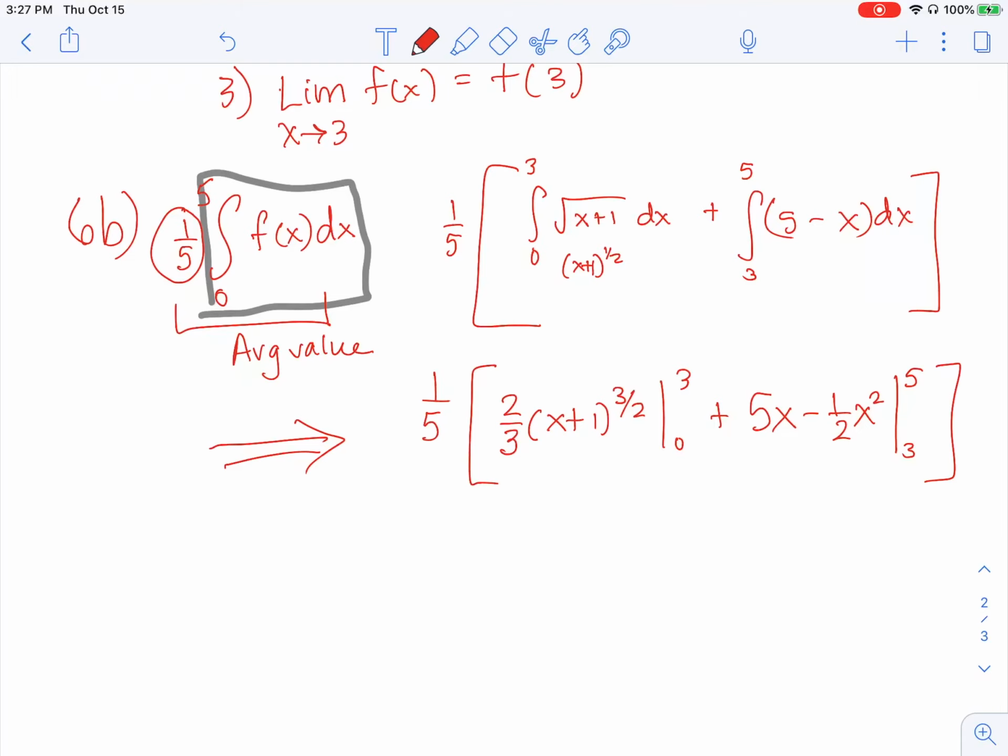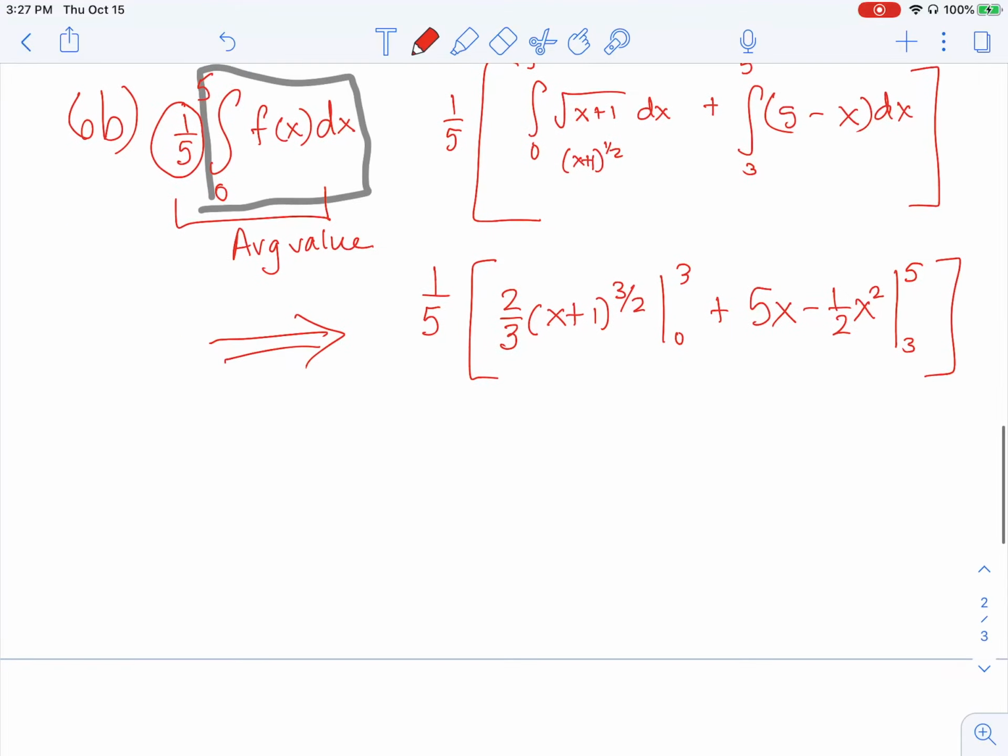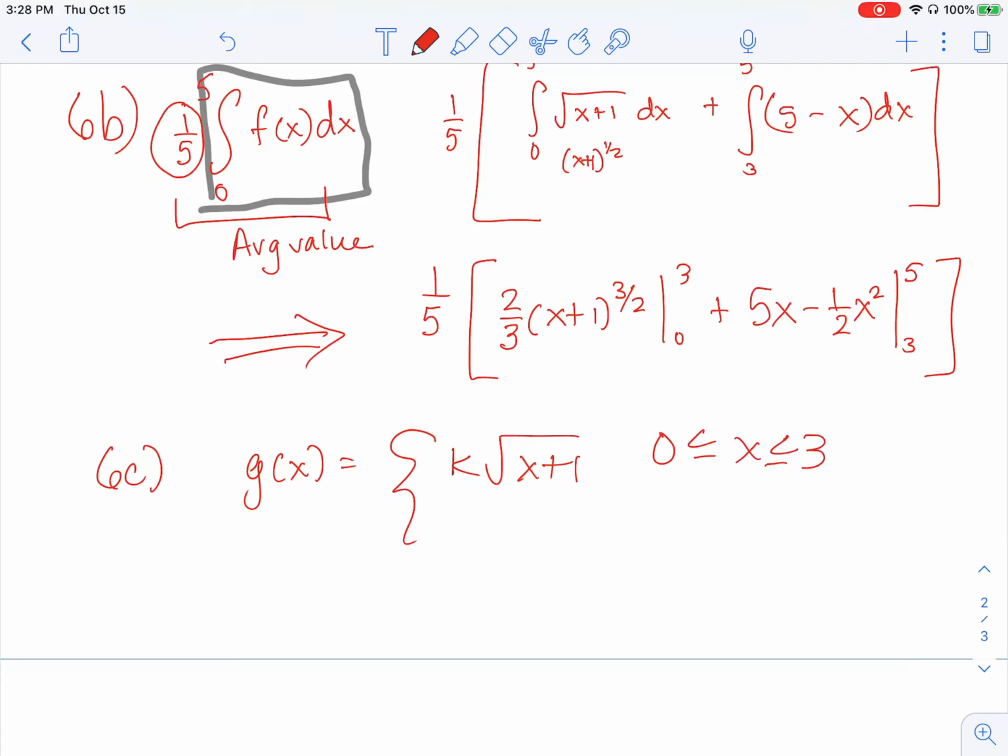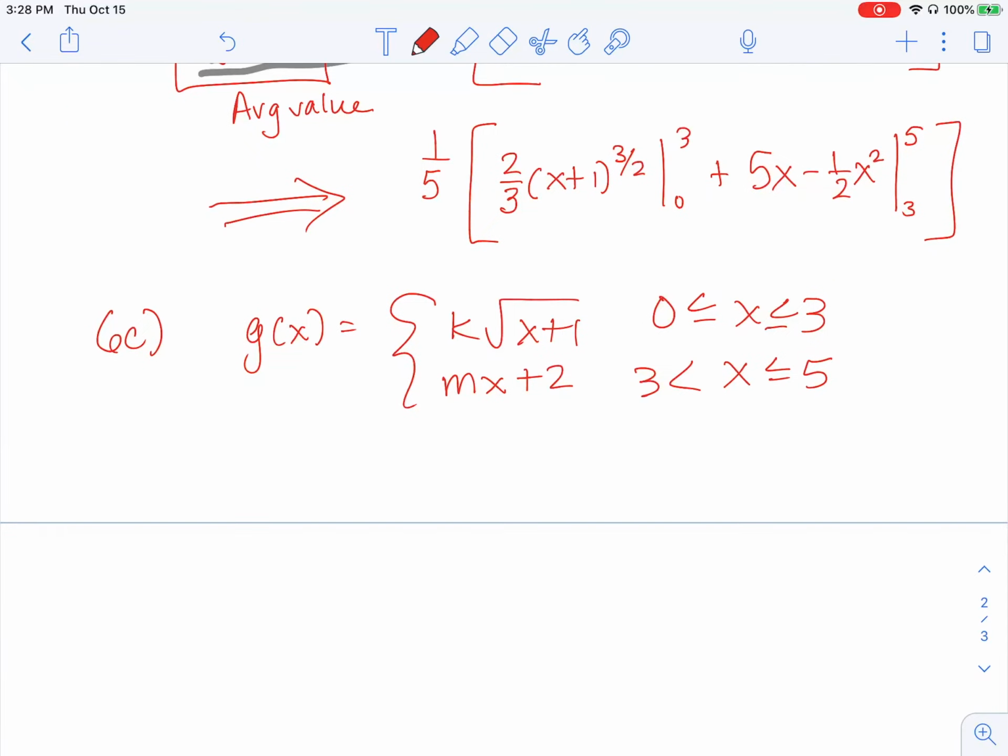Okay, and then lastly on 6C, it gives you that function where g of x is equal to k root x plus 1 for anything between 0, including 0, and 3. Otherwise, it's mx plus 2 for x bigger than 3 but less than or equal to 5. And they're telling you that it is differentiable. So k and m are constants. If g is differentiable,